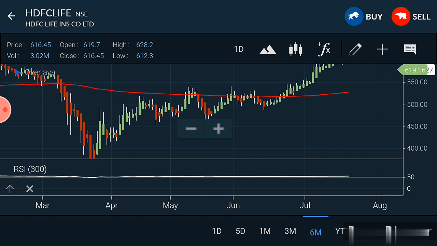See, in the month of May it closed below. Even in the month of June it came and closed again, and again it went down. But in the month of July I told you to buy, because the candle was above the 200 line, and that is the reason I suggested HDFC Life for a long time. And right now you can see that within 1 week it has given almost 30 to 40 points.